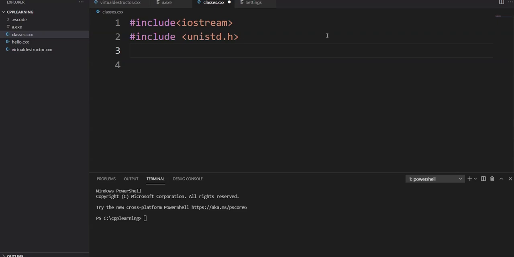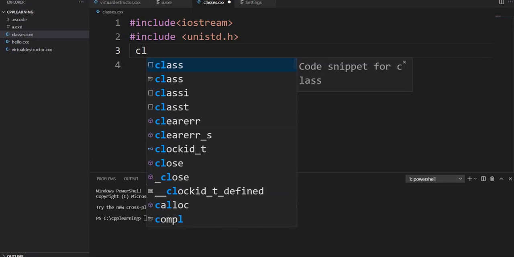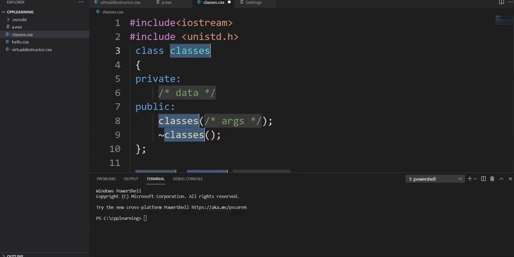Let us take a very simple example to demonstrate how to write a class in C++. Let us take the example of a rectangle. We all know that a rectangle has two properties, length and breadth. Let us represent it as a class.